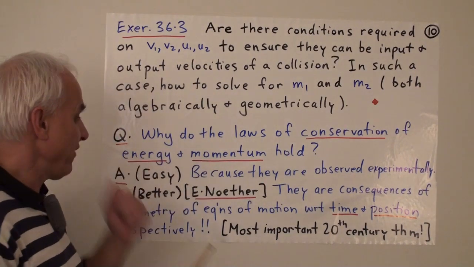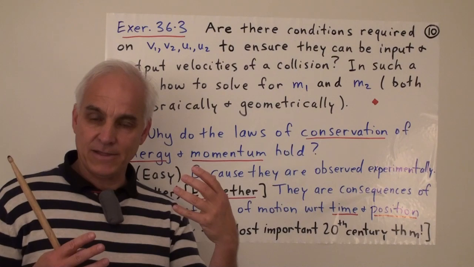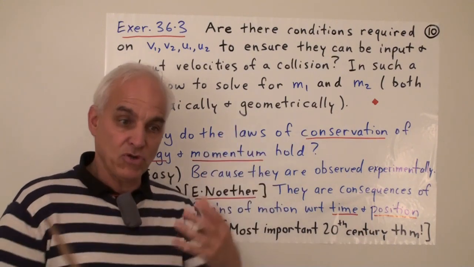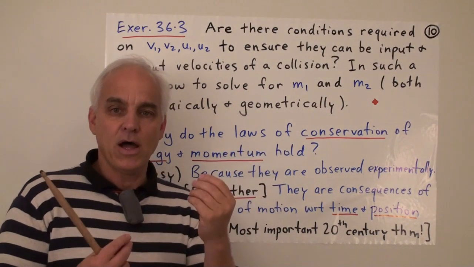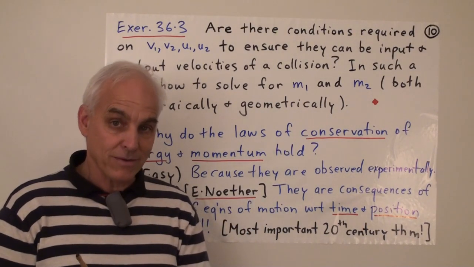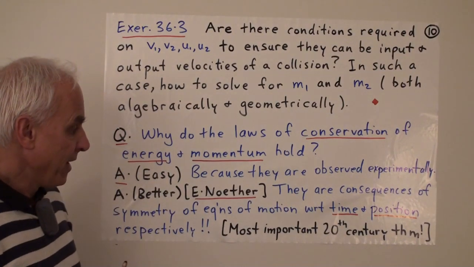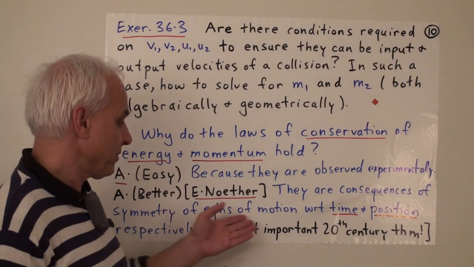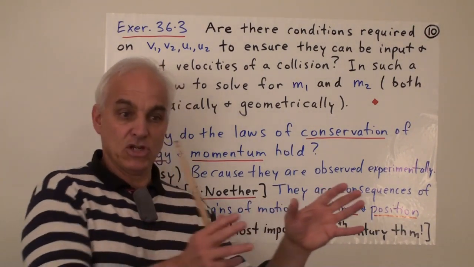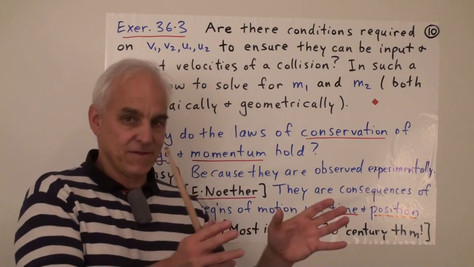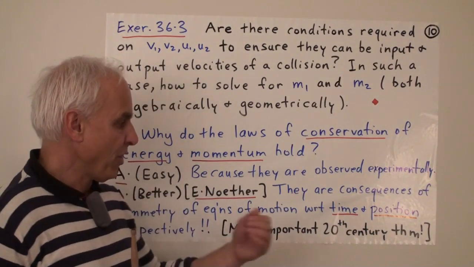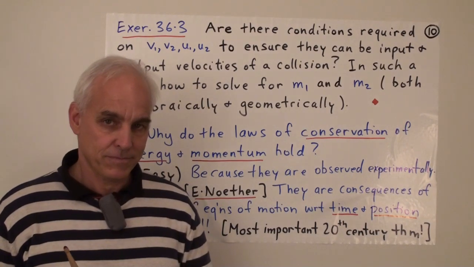So it turns out that the conservation of energy is a consequence of the fact that the laws of motion are invariant with respect to time. If you translate time, then the laws don't change. And that turns out to be the driver of the conservation of energy. And similarly, the laws of motion are unchanged if you change the position by just translating it; the laws of physics look the same. As a consequence of that symmetry with respect to translation, the law of conservation of momentum follows.